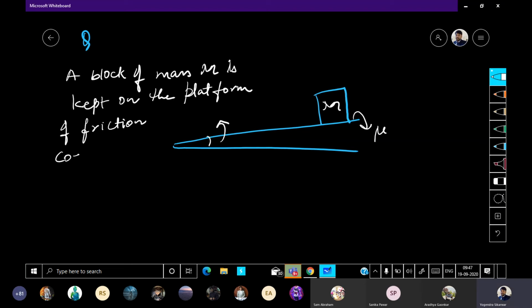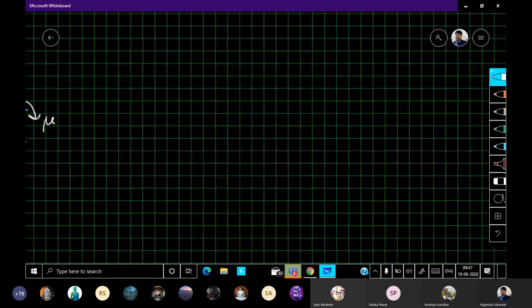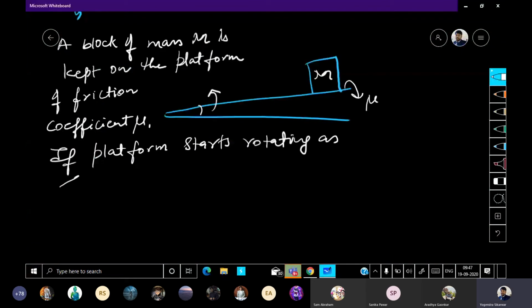Full stop. If the platform starts rotating as shown,